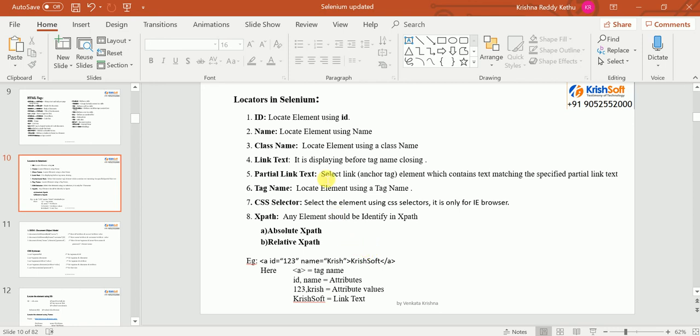Okay, let me close this video here. So in this video we are learning more about the HTML tags, how these tags are there, how to understand them and all. In the next video I am going to cover installation of Selenium IDE and how to locate them we will see.